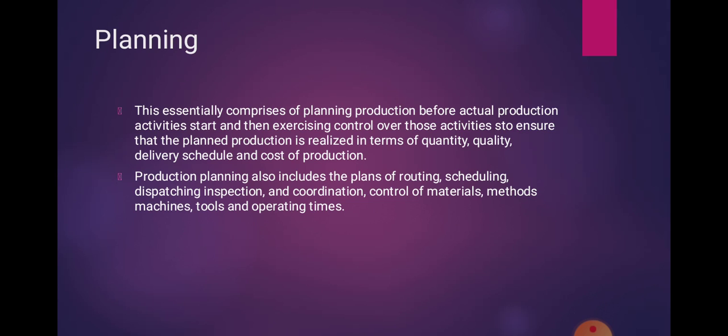So there are three types of manufacturing: job type manufacturing, batch type manufacturing, and mass type manufacturing, means mass production. So in job production, we plan for a single or particular job, means we plan for building of a ship. At one time we can build only one ship, so this is a job production.